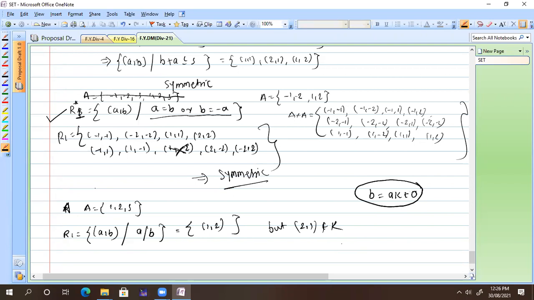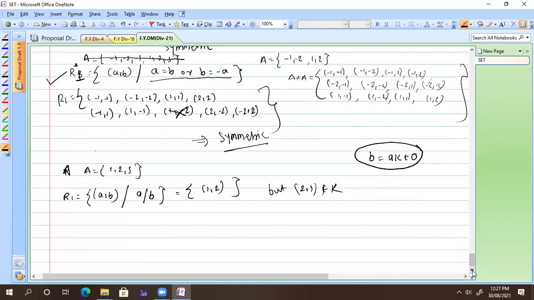Everyone got this now? Sir, what is that K? Is it a relation? 1 comma 2 is the only element, right? 1 comma 3 is also there. I'm just taking this as an easy example. You may have 2, 4, 8, 6, 9 in set A, and then you need to find out which one is divisible by which one. That is a different part, we are not dealing with that. But you understand now what is symmetric and what is not symmetric.